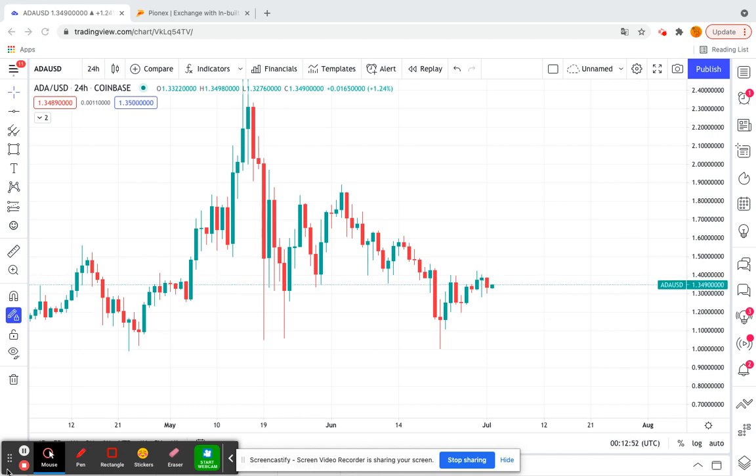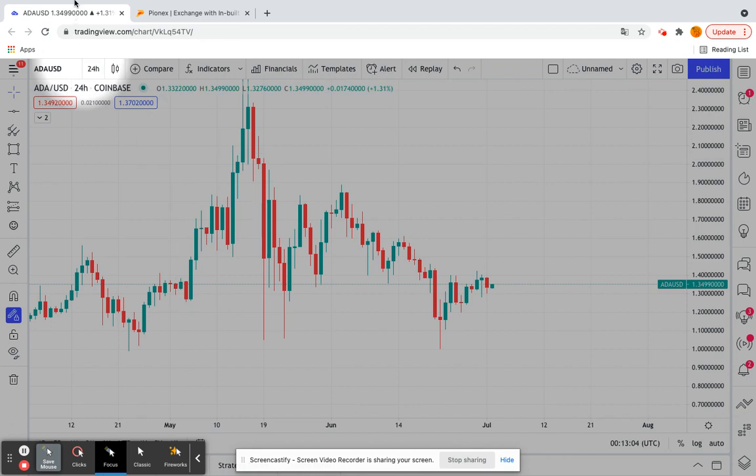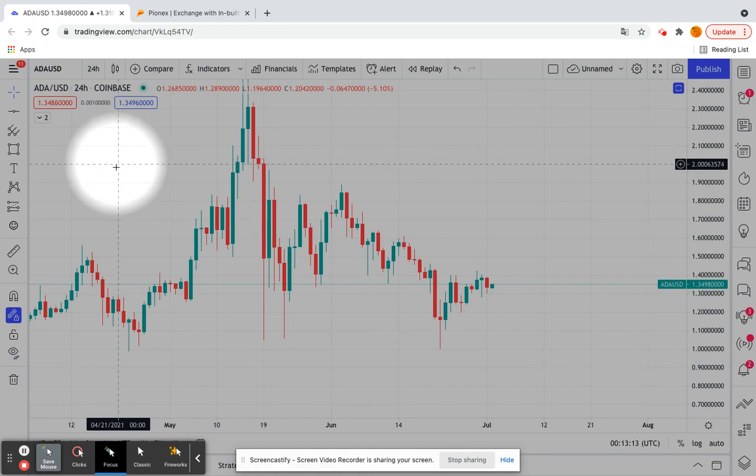All right, so let's go ahead and get started. Right now, I have ADA USD pulled up. It is on Coinbase, as you can see. My other chart is charted way up. Okay, so what we're going to do is look at this, and I'm going to